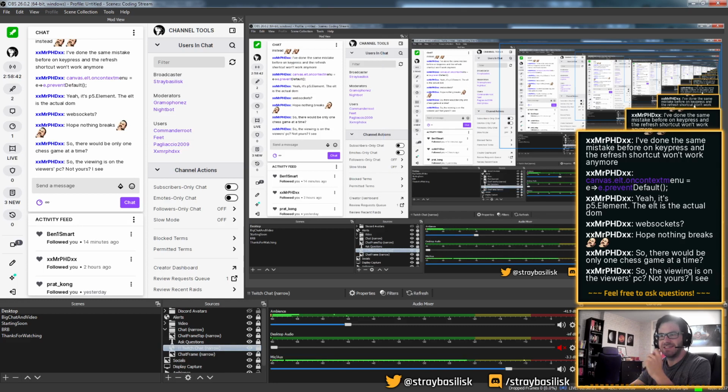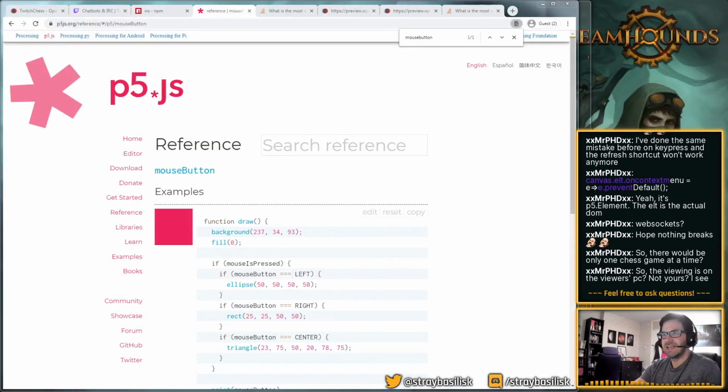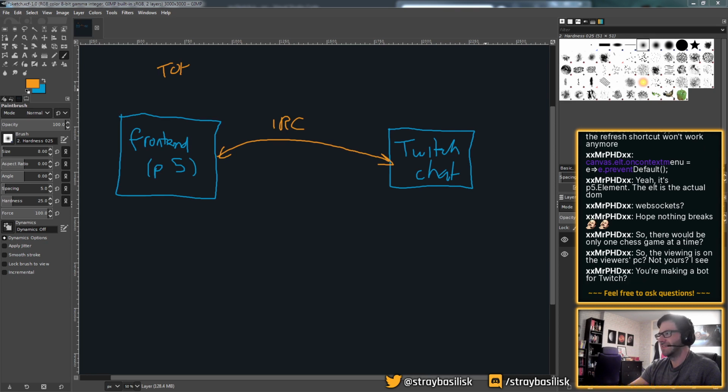So, does that make sense? Yeah. So it would update the state of the game based on the chat. So it'd all be kind of connected, but there is no centralized state. Or I suppose this streamer's PC, in their browser's local storage, is holding the state of the game. But I think unless I can reverse engineer how this works, right? Yeah, basically making a bot for Twitch.